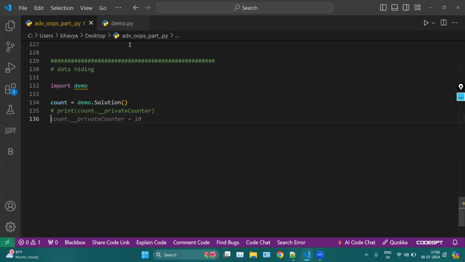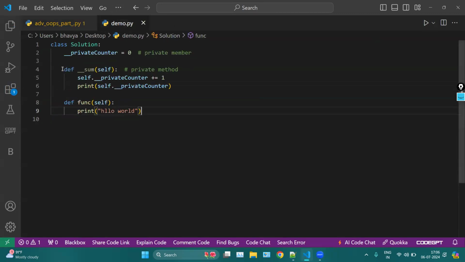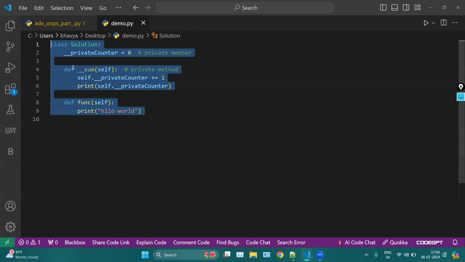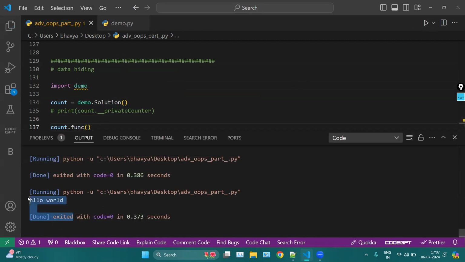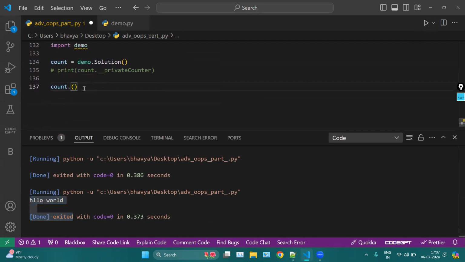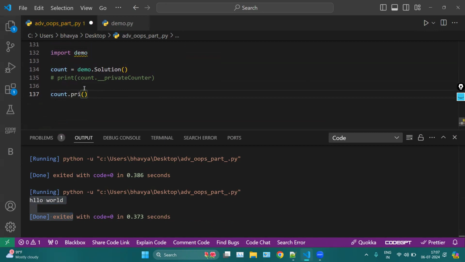Now, let's say I just want to access some features, some attributes or some method from the solution. And let's say this code is hidden from me. I don't know this code. I just know that there's a class named solution and I can access some features. Now, if I write count dot, and try to access the function, then that is okay. That I can access. Hello world. But if I try to access anything apart from the function, let's say private count, or let's say underscore underscore private count,